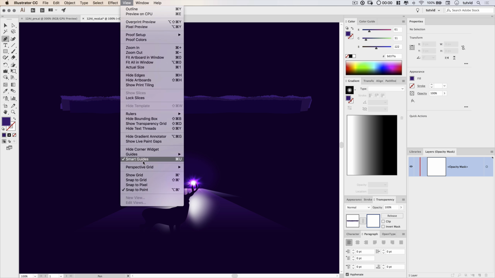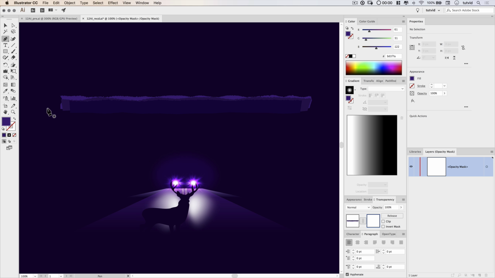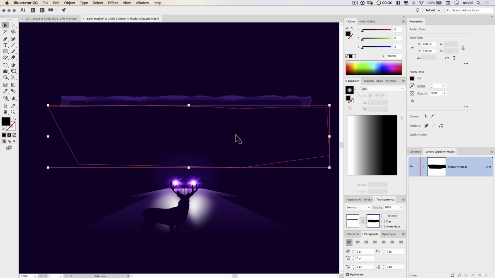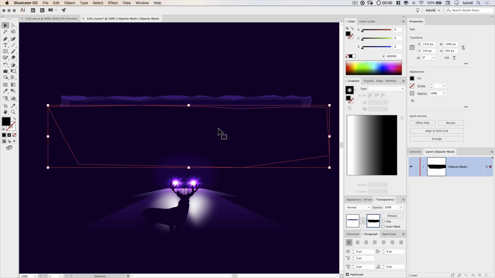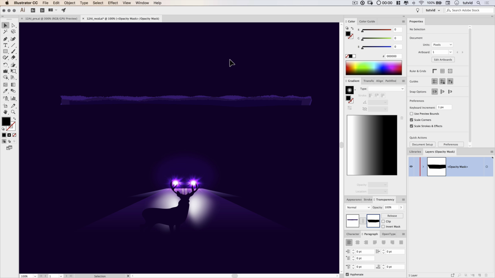I'm going to go View. I'm actually going to shut off my Smart Guides because I don't want them to affect me accidentally clicking an edge. And I'm going to go and create not quite a perfect horizon. So I'm just going to sort of create a little bit of, I don't know, just some little angular stuff in the horizon. It's going to be sort of subtle, but also sort of noticeable. There we go. And then I can just loop my shape around like this. And if I fill this shape with a solid black, it's going to cut off the bottom of those trees just like so. I can actually select my mask. I can nudge it upward and make the amount of visible trees even less, which is pretty much perfect.